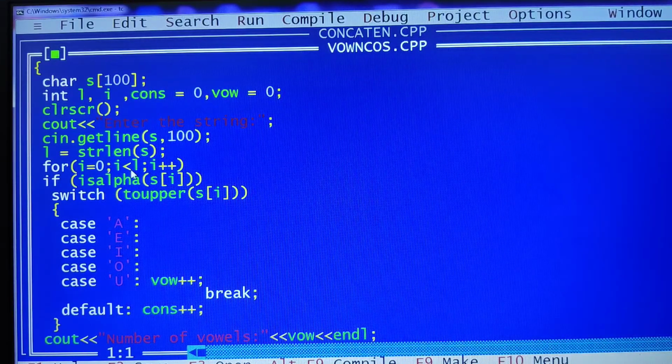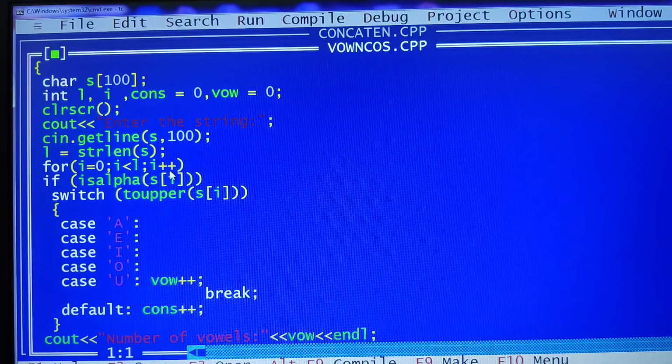If the length is 3, definitely the positions will be 0, 1, 2. Just now we have seen with the string WOW, the positions were 0, 1, 2, but the length of the given string was 3. So you need to iterate up to less than the length value of the given string, and every time you need to increment the i value.